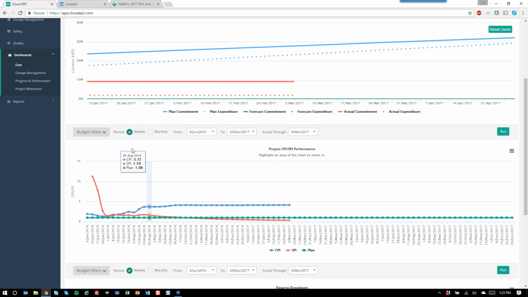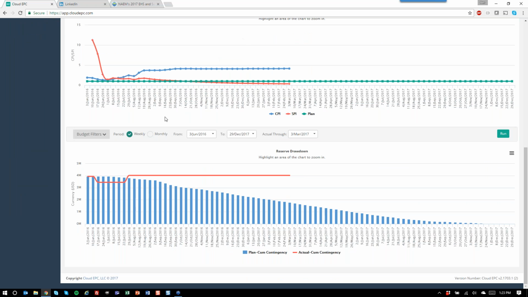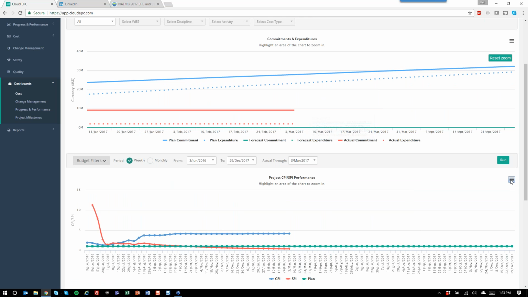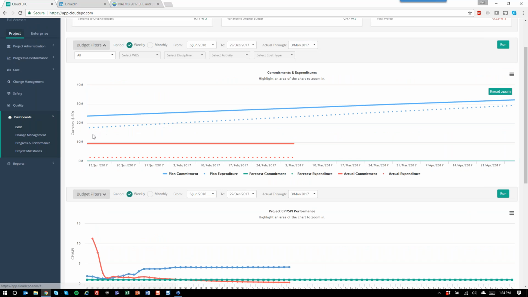Here you have our CPI and SPI, which follows your standard EVM calculations. Again, same filter controls. And then finally, we have your contingency and reserve drawdown capabilities to plot that over time, which again also has the same filter controls, so you can monitor the health of your contingencies and your reserves, and again export this out for reporting purposes. Every single one of these graphs has the ability to download either an image, export into a PDF, or even saved as a vector if needed for any modification or marketing efforts.